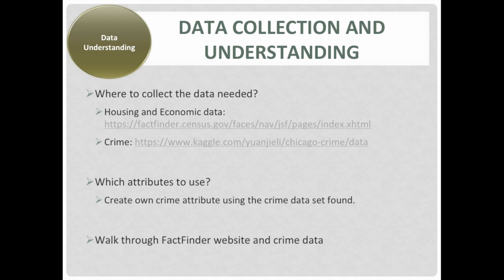And now the discussion of which attributes to use was quite interesting. From FactFinder, I used all sorts of different attributes. Some attributes I thought would have better correlation to median home values than others, such as the median income in that zip code would be pretty highly correlated to the median home value, but things like time travel to work, I wasn't entirely sure if that would be pretty useful. So I used a little bit of everything just to see what would work and what wouldn't. But most importantly, the attributes that were really not that useful for me were all the attributes included in the